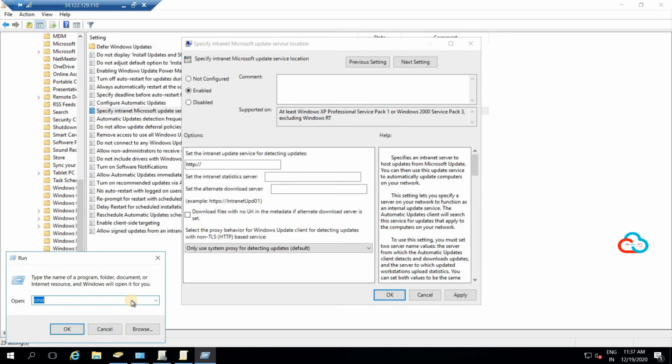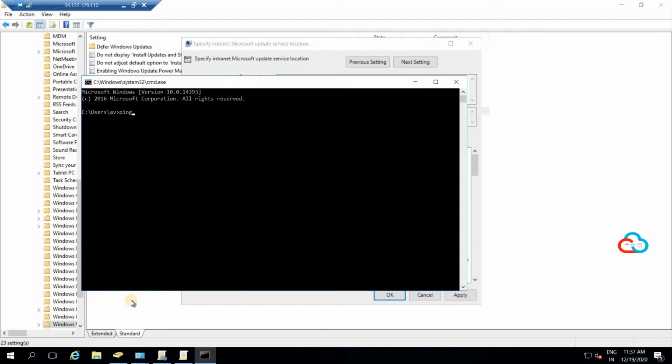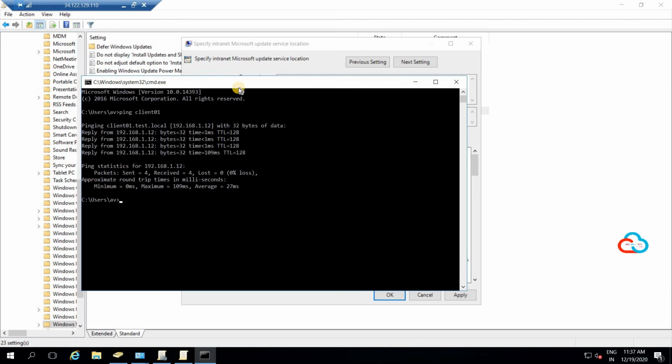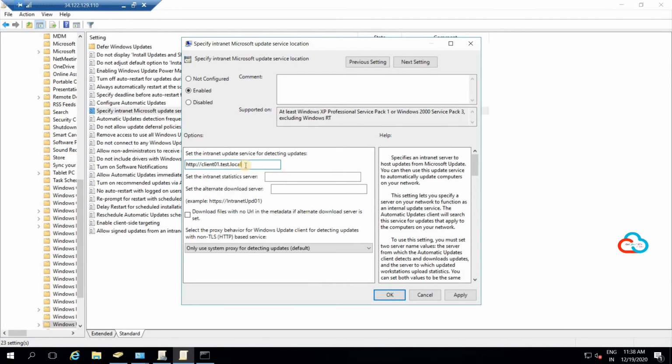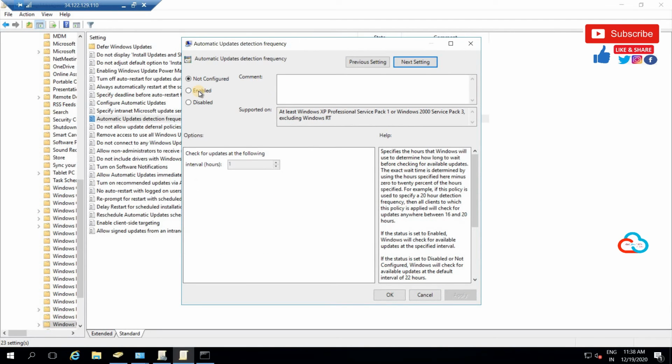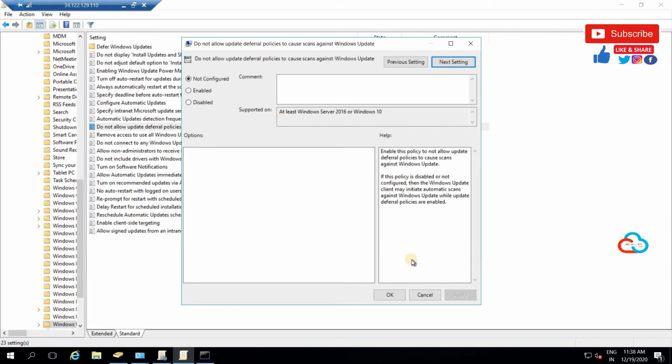We'll try to ping this machine from here, and you can see this IP is reflecting here, so we can use this one and give it here, with port 8530. If you have any other server as a secondary, you can give it here and then click on next setting. For automatic update detection, it would be 1 hour, you can select next and OK.